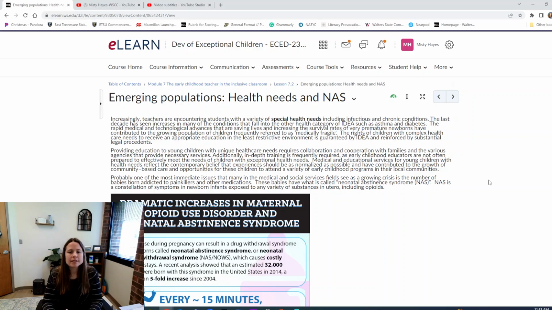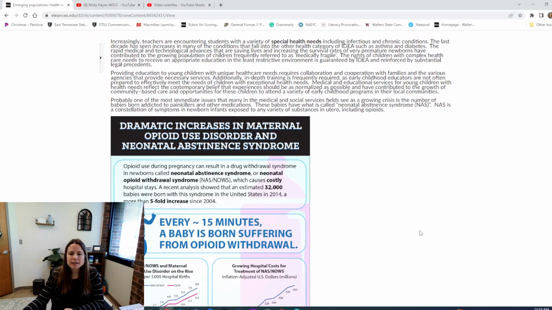So then we move on to special health needs, right? A lot of the time we think about meeting the needs on their IEPs or IFSPs, but we don't stop to think that children who have special needs, exceptionalities, or disabilities may also have medical issues and needs that need to be addressed as well. So this is just letting you see